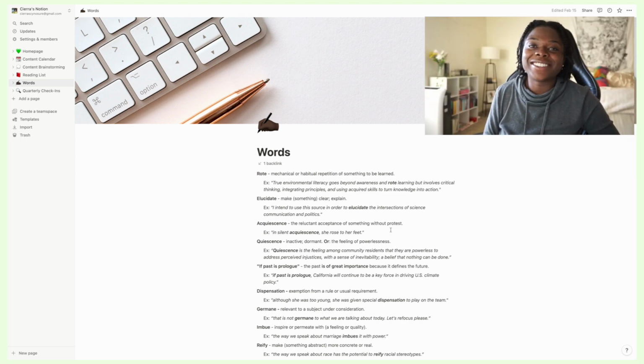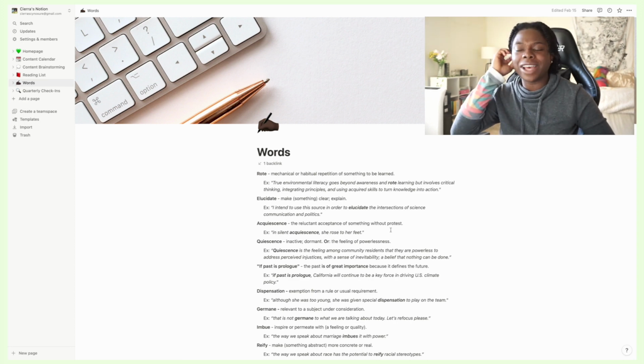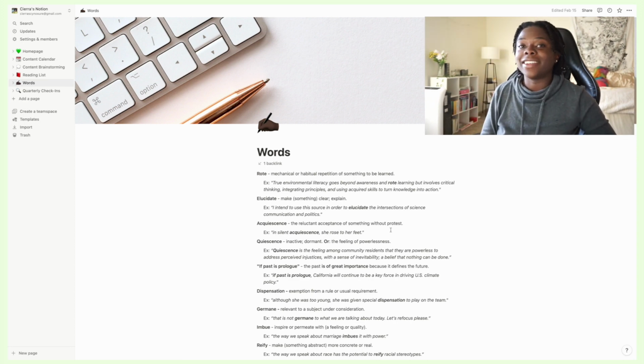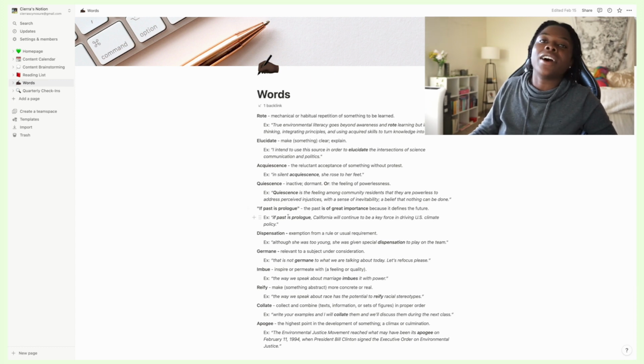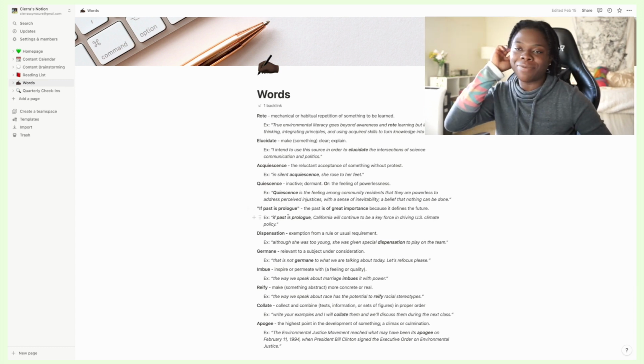So these are all words that I have come across in books that I have read, and I've been like, I don't know what that word means, and so I'll Google it and I will find out the definition, and then I will write an example for the word. And sometimes it's not even just a word, it's a phrase. So like I have "if the past is prologue." I was like, what the heck does that mean